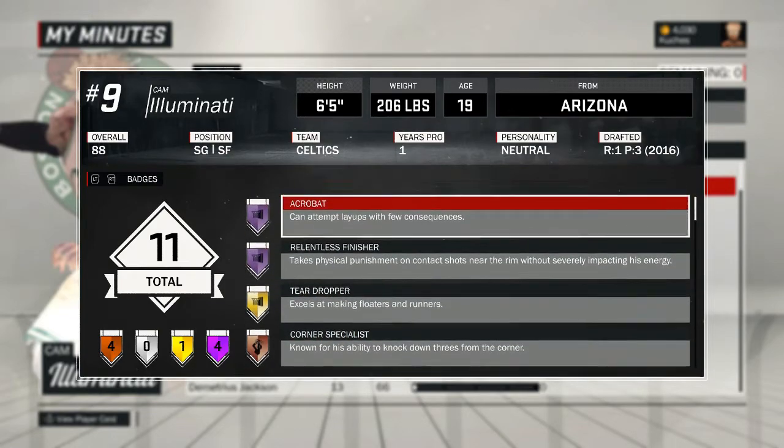And Relentless Finisher is finally fixing that, so I make a lot of contested layups. And I also miss a lot. Now, some I think I definitely should make, especially with Acrobat combined with Relentless Finisher. But 2K is going to be 2K. You don't always make your open threes with players, so I guess I'm not always going to make my contested